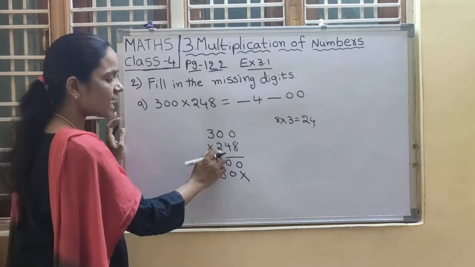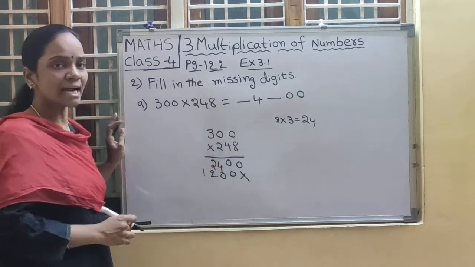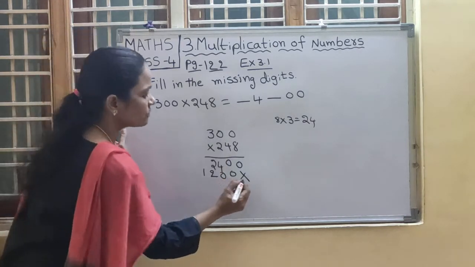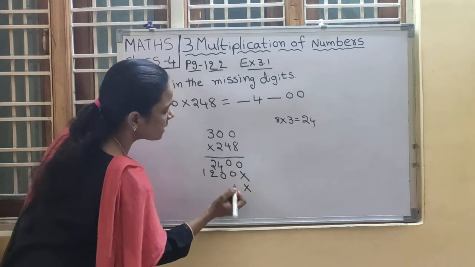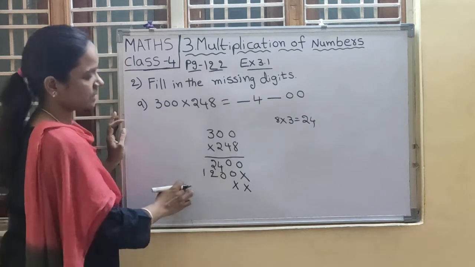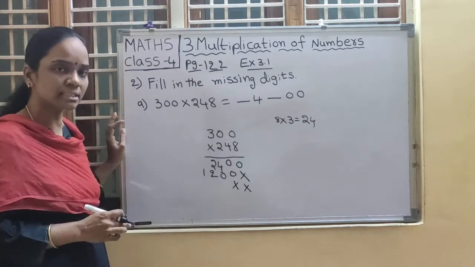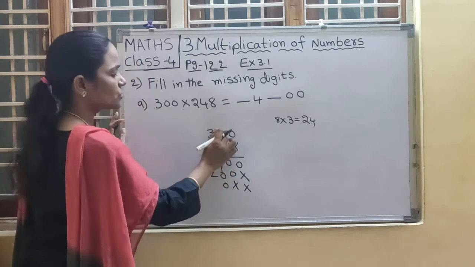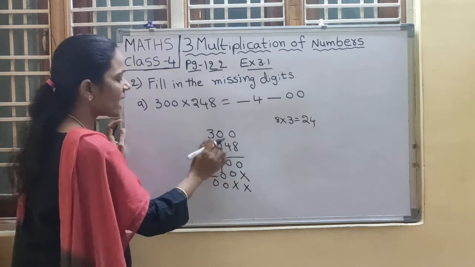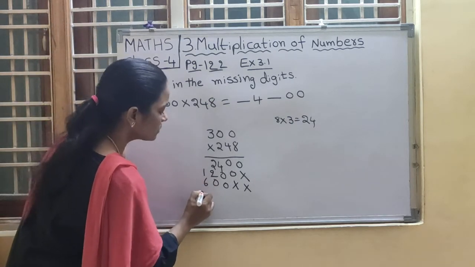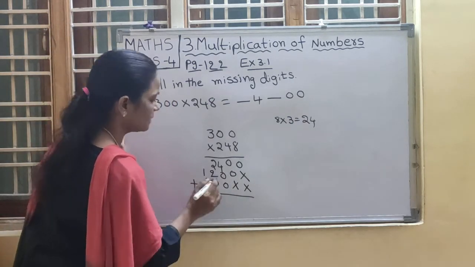Next, coming to the hundreds place digit. What is the hundreds place digit here? 2. Now do with 2, everyone. So for ones place we put the cross mark and for tens place we put the cross mark. Start with the hundreds place because we are doing with the hundreds place digit, right? 2 into 0. 2 zeros are 0. 2 zeros are 0 and 2 threes are how much, children? 6. Very good.